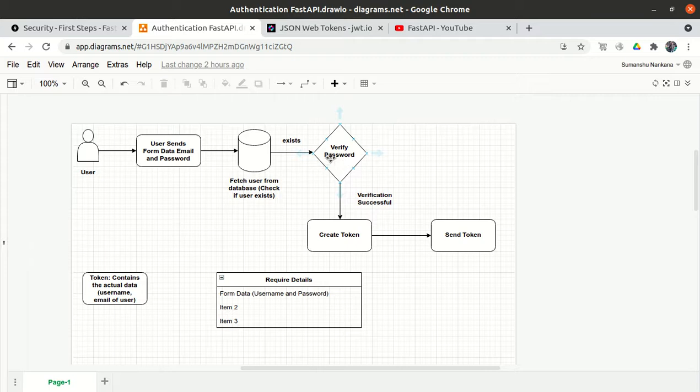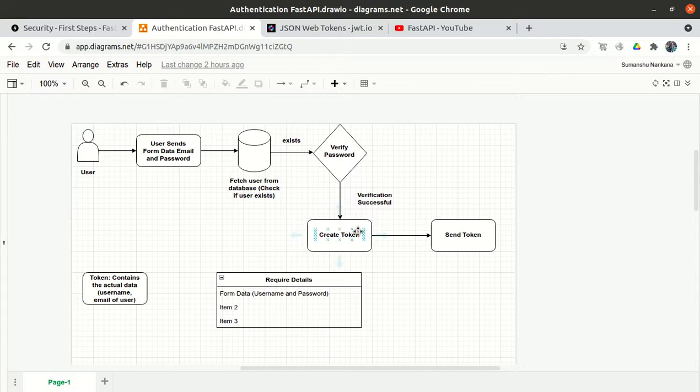So once the password gets verified, it will create a random string, and that random string we call a token. Just remember, it's just a random string. I will tell you more about what a token is, what it consists of, and why it is called a bearer. So it will create some token, and then we will send that token, and that's it.